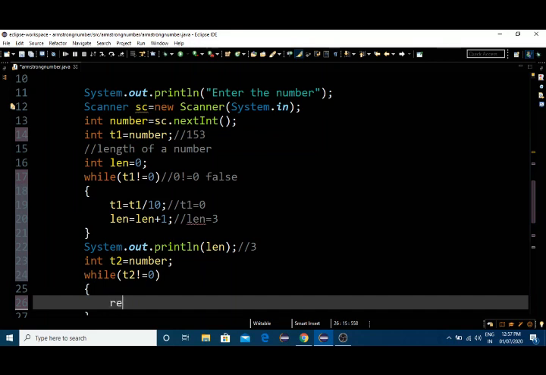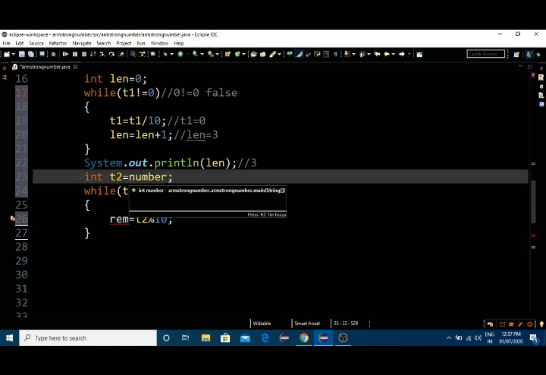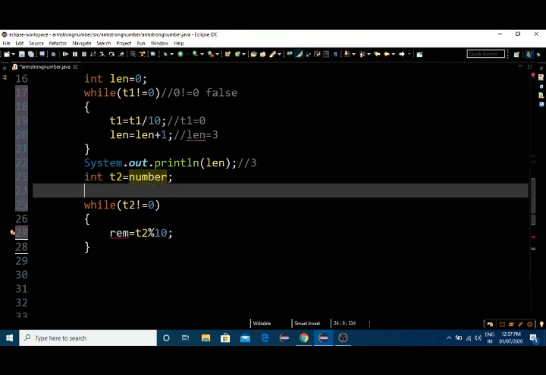Now remainder equals to t2 modulus 10. I need to get a single digit from the whole number. Here I am getting an error. Let me initialize remainder to 0 here itself. Here I'll give int remainder equals to 0.